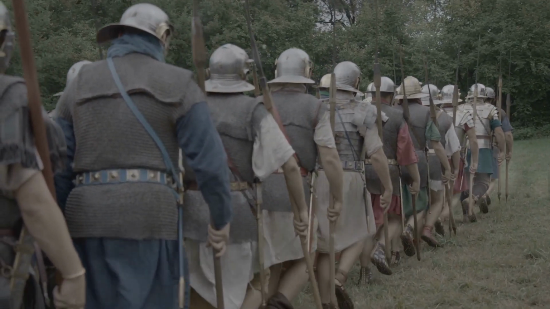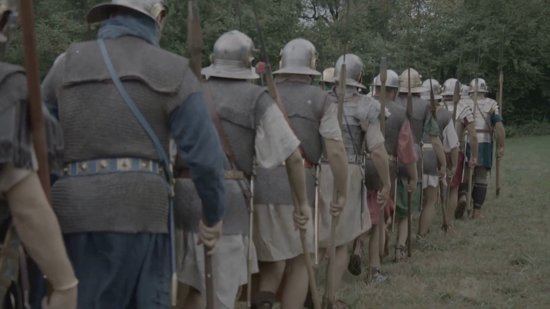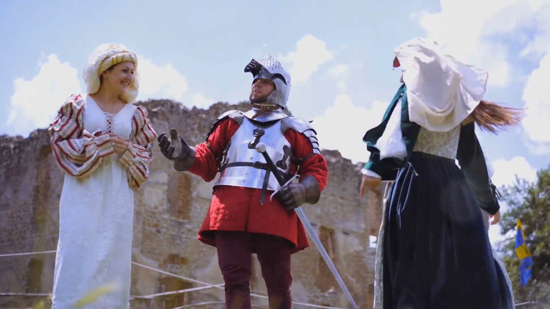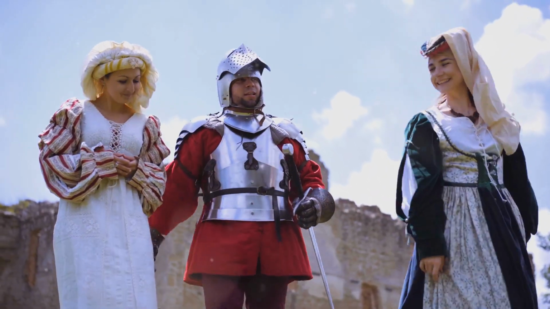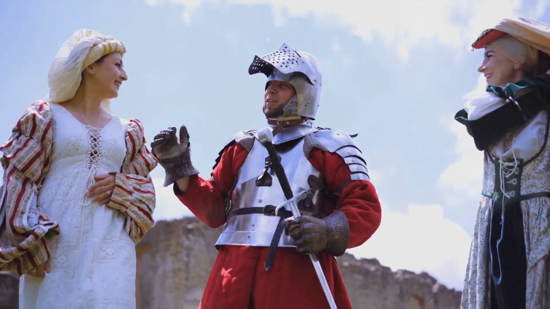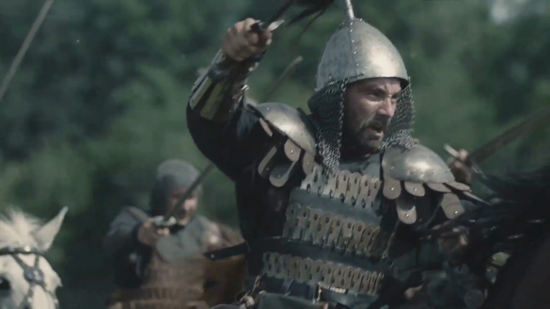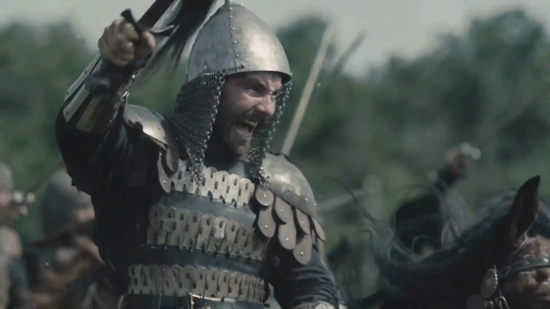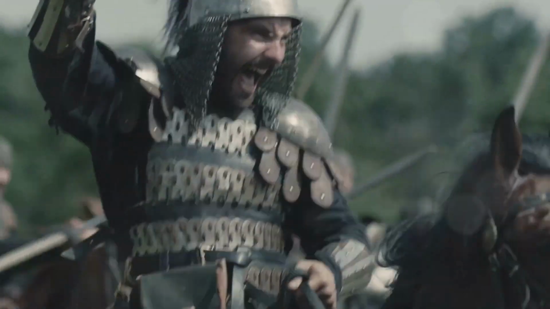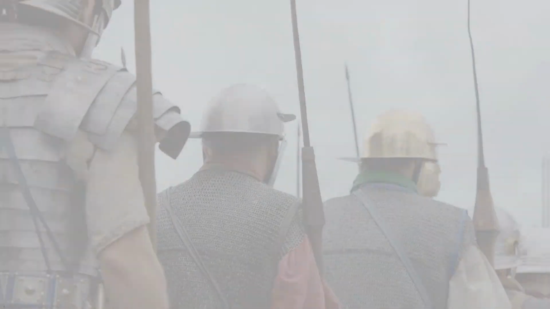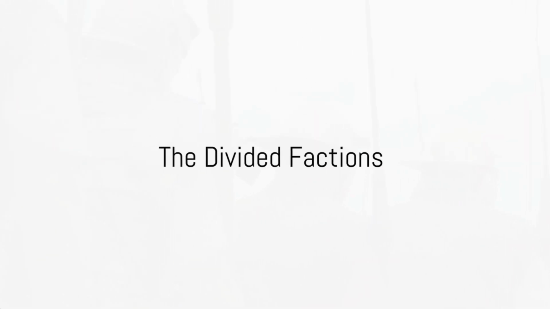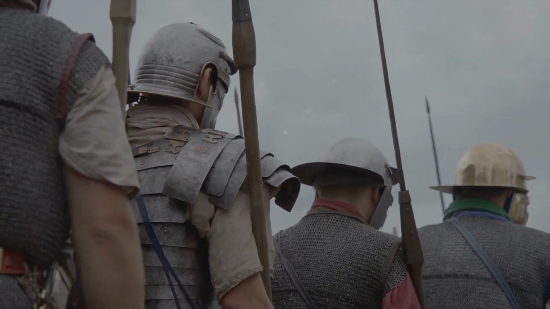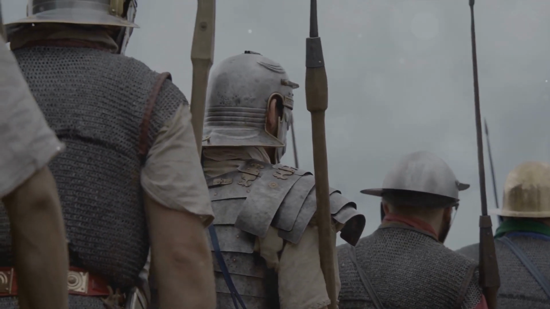Our journey begins in the year 1642. Unrest had been brewing for many years, with King Charles I's autocratic rule causing deep divisions within the nation. The king's refusal to compromise with Parliament led to a profound constitutional crisis, ultimately culminating in the outbreak of civil war. The country was divided into two factions: the Royalists, loyal to the king, and the Parliamentarians, who sought to